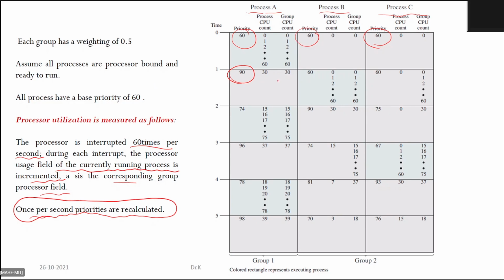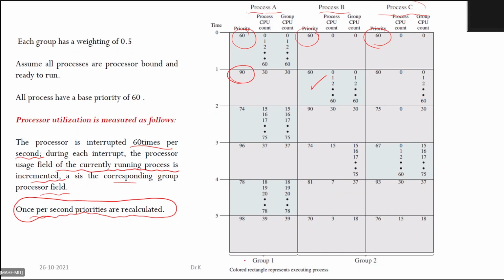So for the next iteration, if you look at the priority levels, now the priority level of the process A has increased, let us say. So out of B and C, B is picked up. Okay, so B gets a chance for the execution, and assume that the process A belongs to one group, B and C belongs to the next group.